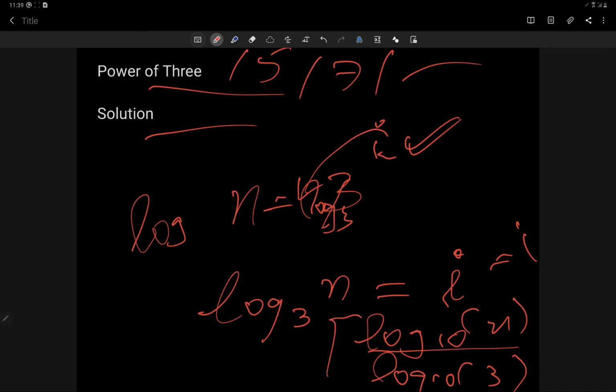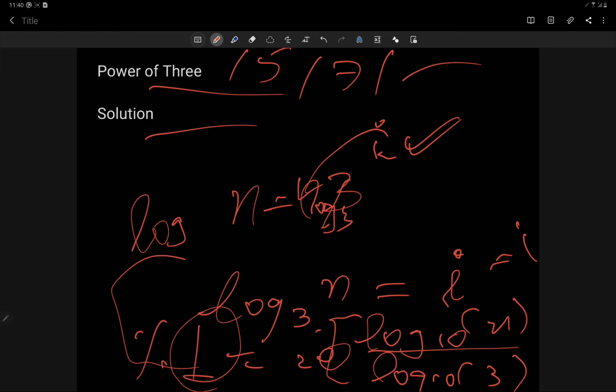If this value is not a whole number, like 1.2 something, then we have to return false. If it's a whole number, then we return true. To check that, after dividing, we check whether the value mod 1 equals 0. If it's a whole number, then surely it will give 0. If it isn't, then it will give some decimal, and that will return false. I hope the approach is clear, how we take log and use this formula to convert log base 3 to log base 10. That's a simple mathematical formula we have used.